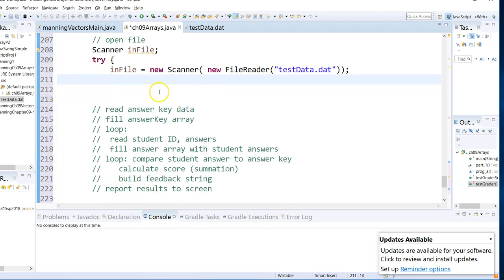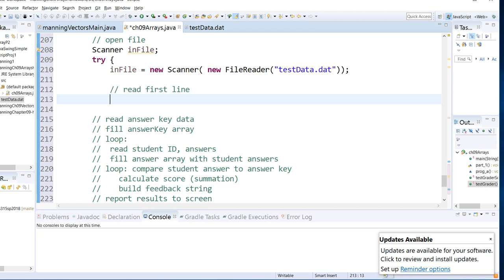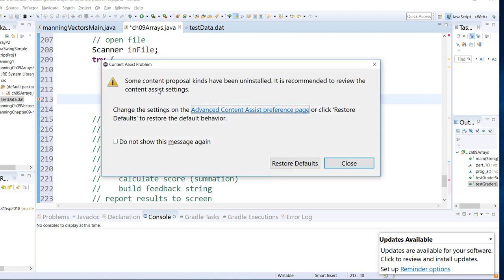Now that we've read it, now that we have the scanner, now I need to read the data. So let's read the first line of data. Read first line. First thing I'm going to do is just read it into a string. So I'm going to say string S answer key. S for this is a string, just my way of keeping track of my variable names in a methodical way, equals in file dot